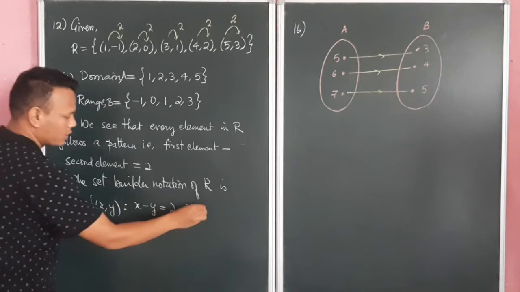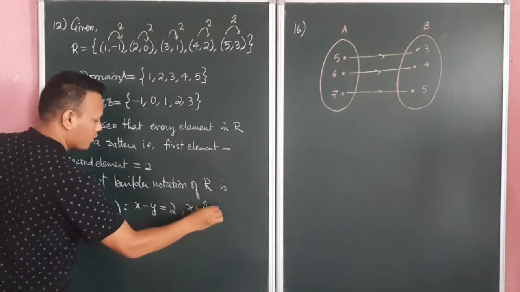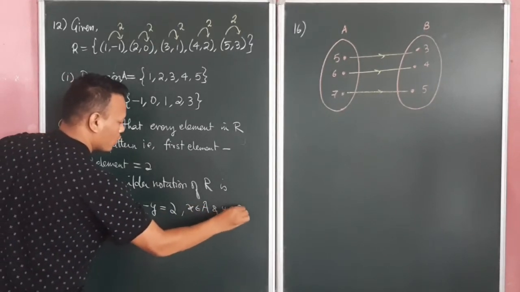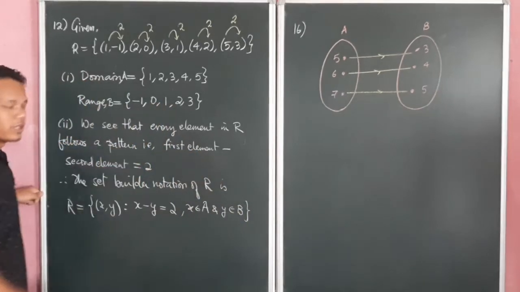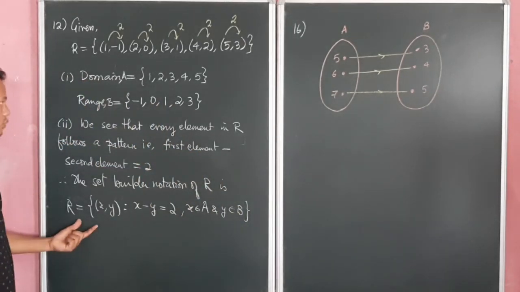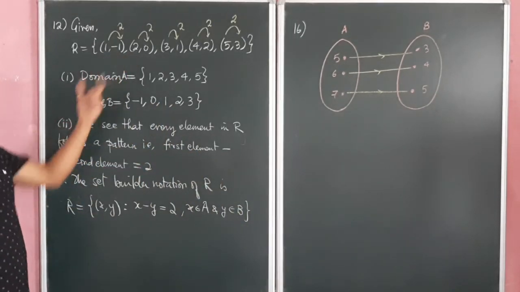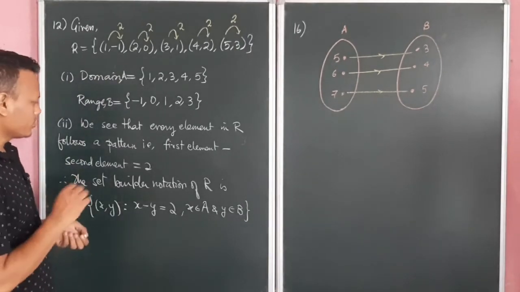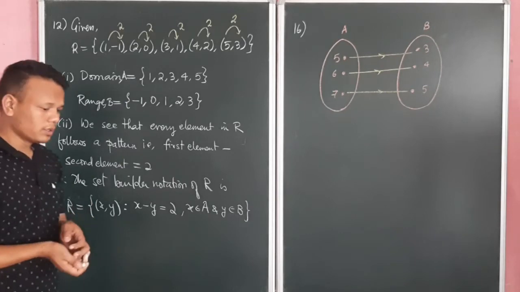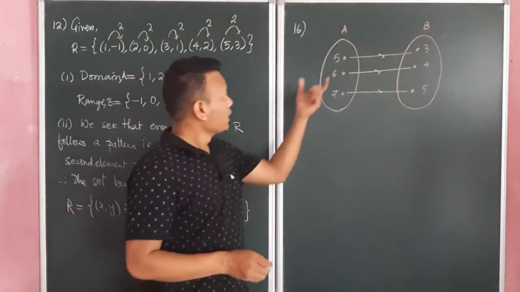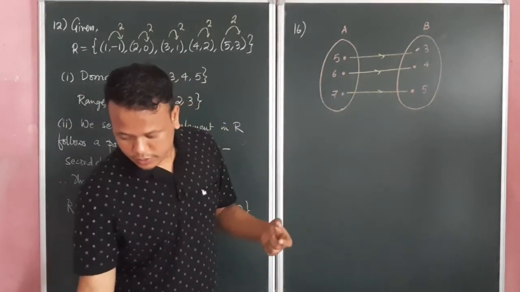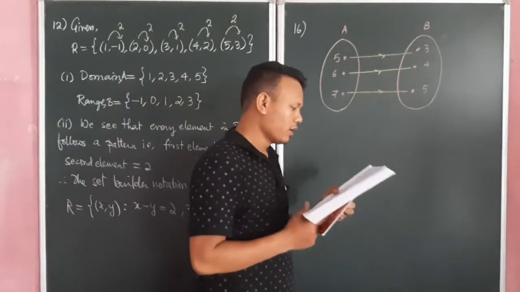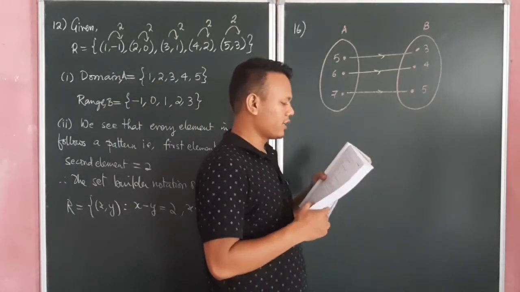So where x belongs to A and y belongs to B, that is the range. Alright, so this will be the notation for this relation in set builder form. Now the next question, from question number 16, we have, from the adjoining diagram,